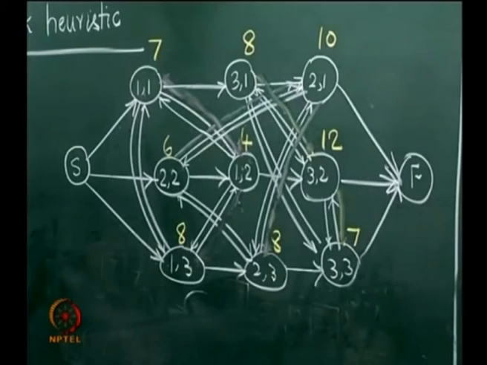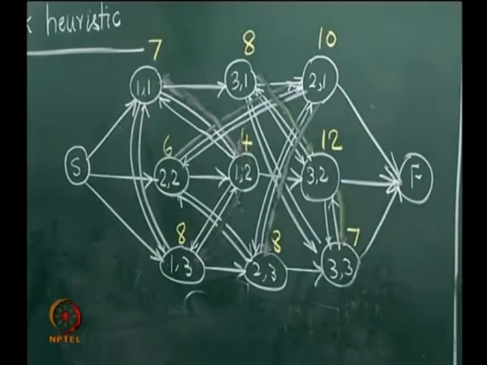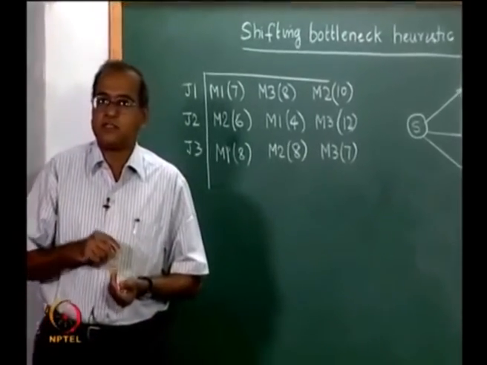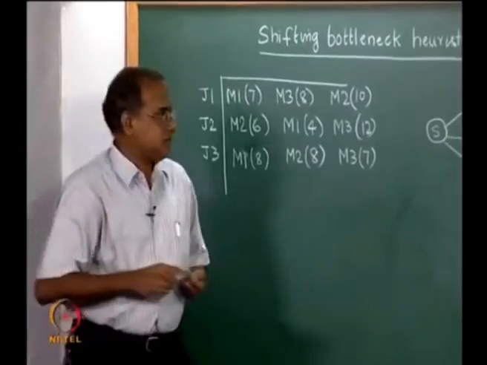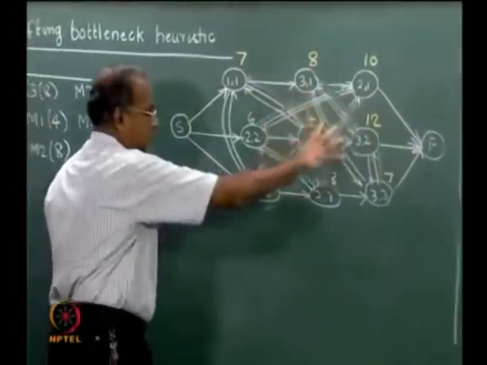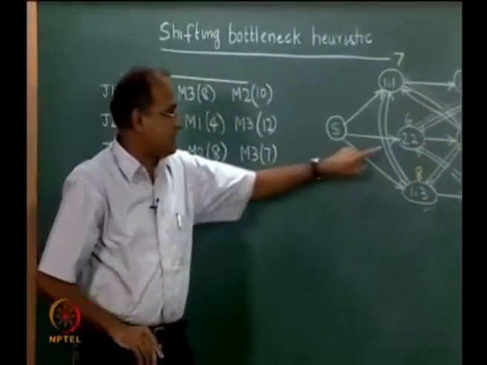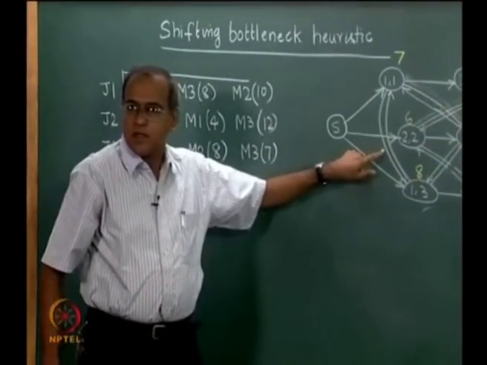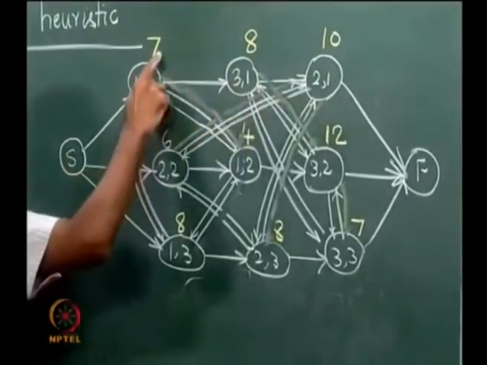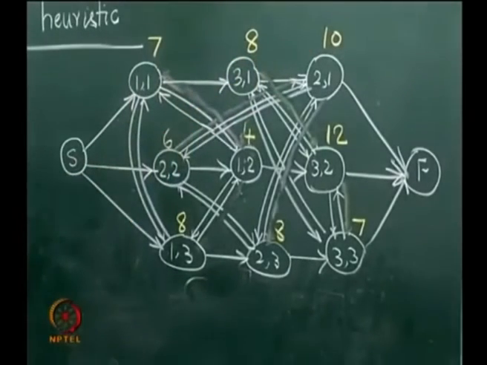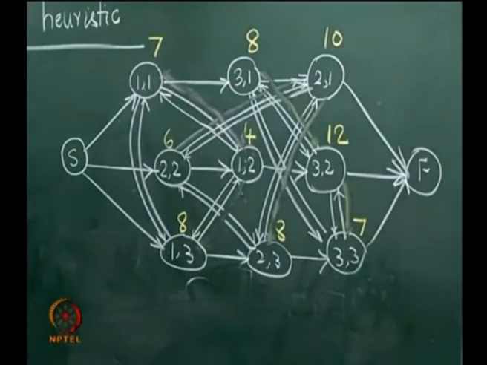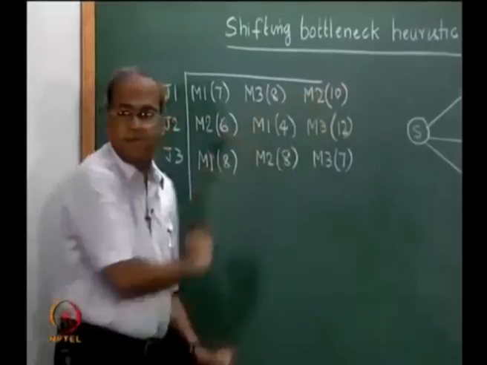Now, let us look at this problem per se, and let us look at the load for each of these jobs, which means if I start looking at this path to completion, temporarily ignoring these kind of arcs, if we start looking at only these paths, now this path is 7 plus 8, 15 plus 10, 25, which represents the total processing time for job 1, which is a simple addition of these 3.